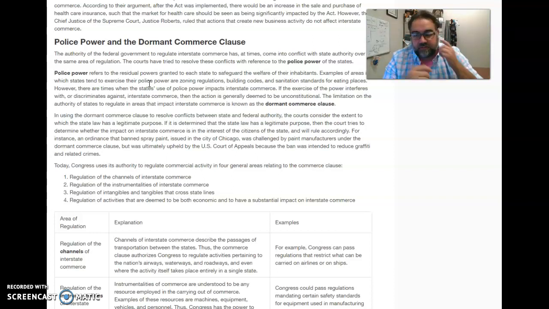So there are these schools of thought that if we have a state that's policing us, then it is infringing on our liberties, and we don't want the state to interfere with our liberty. There's another school of thought that says that the state should regulate and police its citizens to ensure that all citizens are being well cared for and safe. And so, once again, these are points of contention.